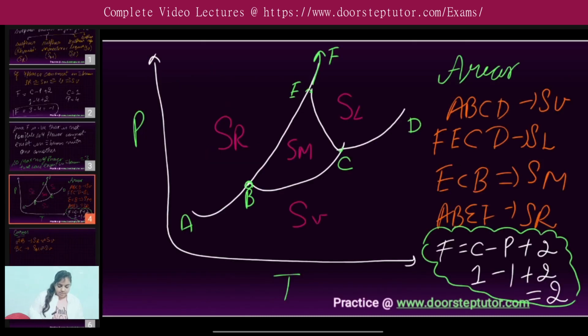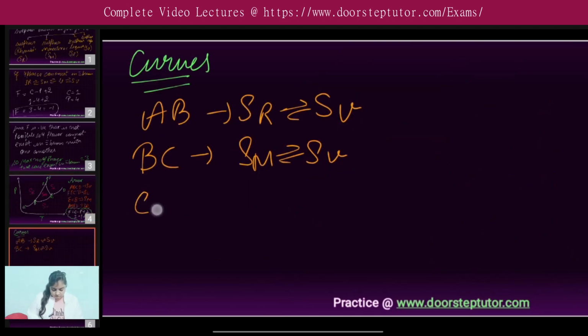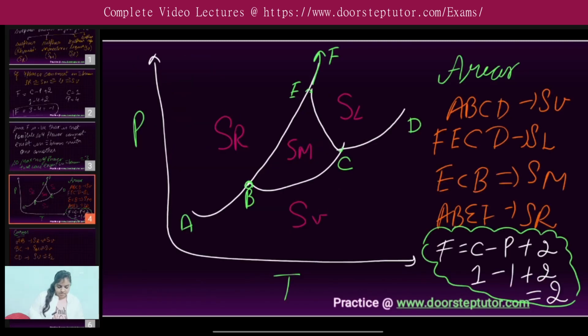The next curve we have is CD, representing an equilibrium between the liquid and the vapor phase. So along CD, sulfur vapor is in equilibrium with the sulfur liquid. The next curve we are seeing over here is this EF curve,